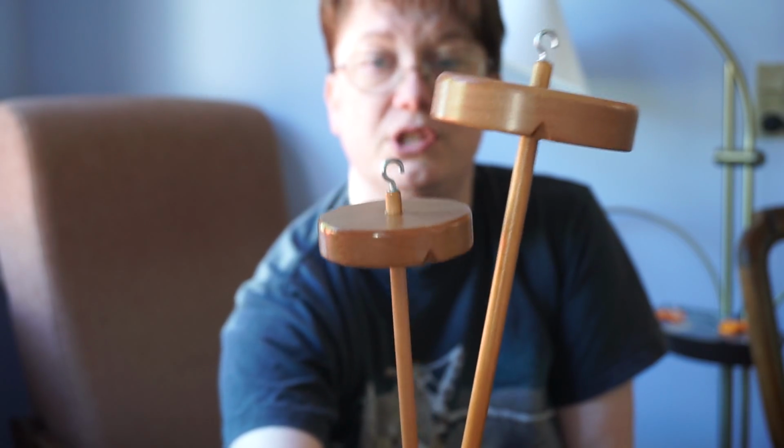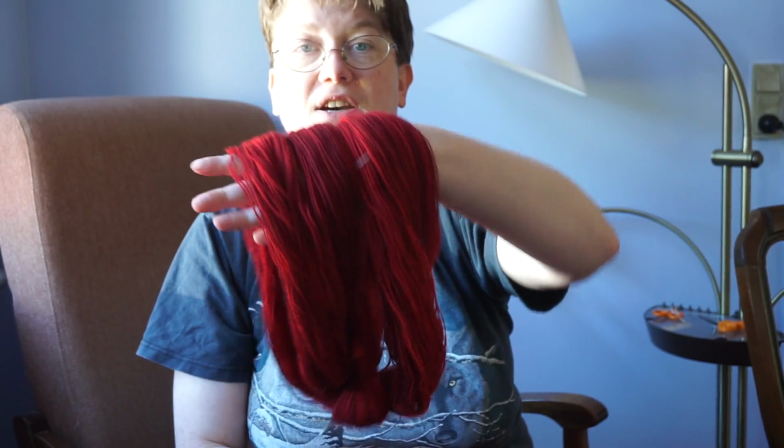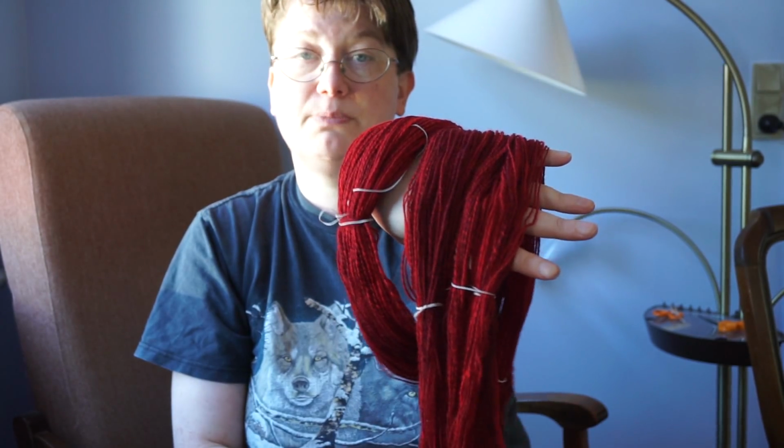They're the ones that I've used for this particular project, because these I can deal with. This is easy peasy. I've done it a couple of times, so that's the only reason it's easy peasy now. But that means that this yarn, instead of lying around mostly as just fluffy wool fibre, is now spun up, plied up, so I can actually use it for knitting. So another finished object